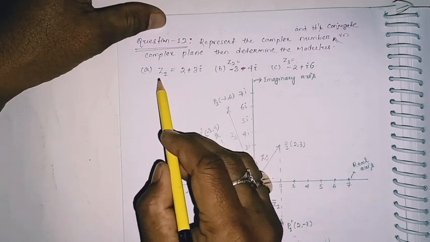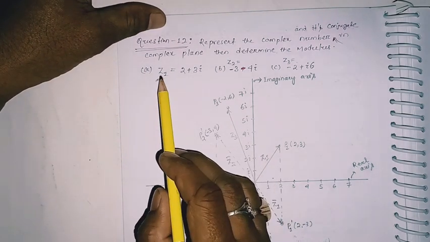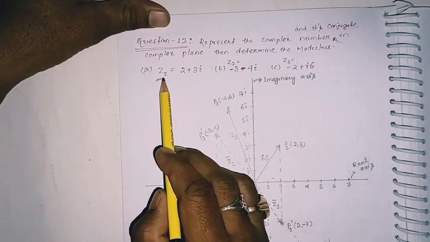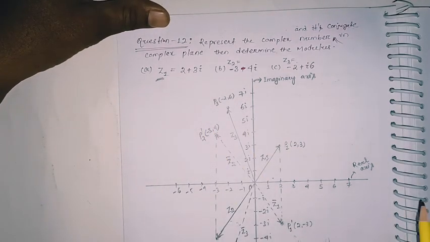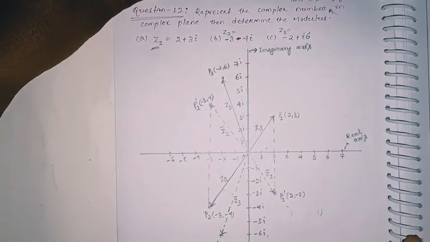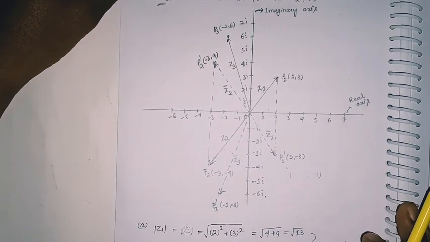First of all we are going to consider this one. We have to find out its location, its complex conjugate location and modulus. So this is the complex plane. Here you can see,